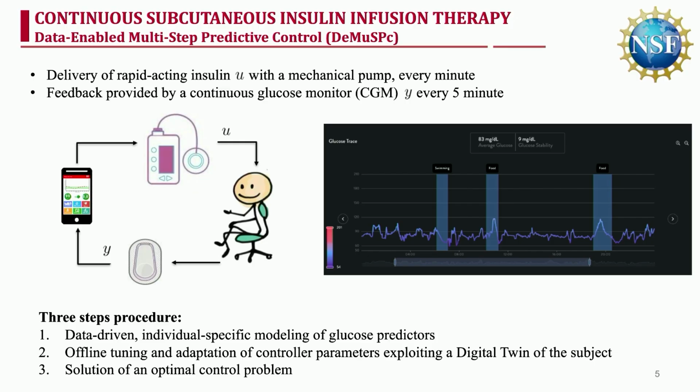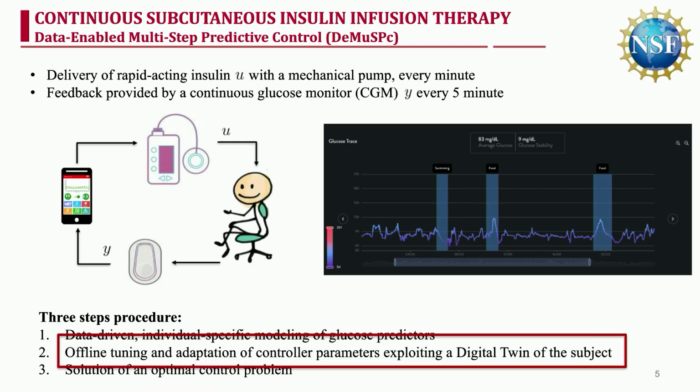Step number 1 is the identification of individual-specific blood glucose predictors based on data. Step number 2 is the tuning and the adaptation of the aggressiveness of the insulin delivery, again based on data, using a digital twin of the patient. And then the 3rd step is the solution of an optimal control problem. So what I'm going to talk about today is how we perform this tuning with Bayesian optimization, as I have